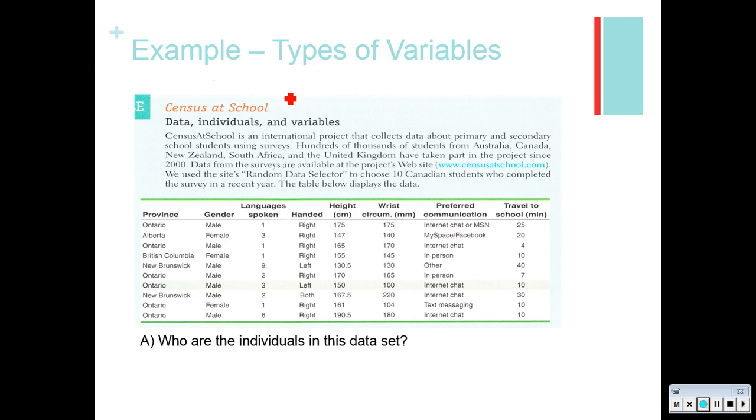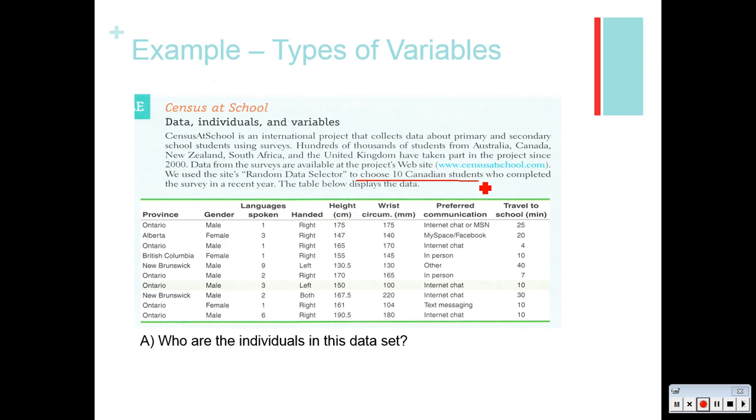Data from the surveys are available at the project's website. We use the site's random data selector to choose 10 Canadian students who completed the survey in a recent year, and the table below displays the data. So what they have here